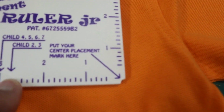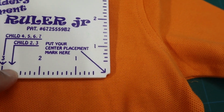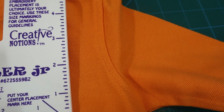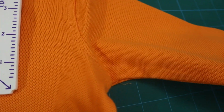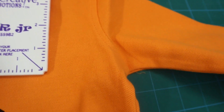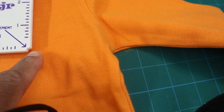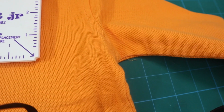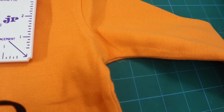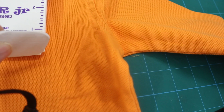This says 2 and 3. So this is your middle. So what you do, you make sure that this is centered at the middle of your shirt, and at the top is the seam. And this notch that's right here, that is your center point where you want to either mark it with a chalk, which I have here that I can mark it with,